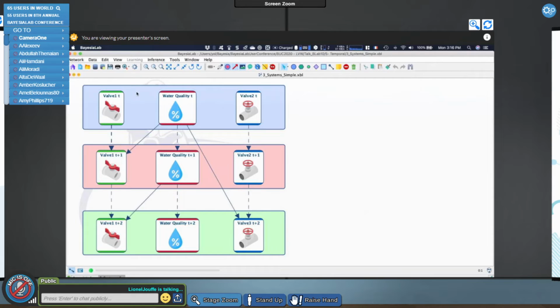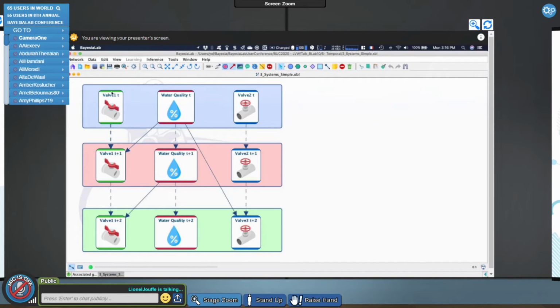In blue, this is time step 0, pinkish here, time step 1, and green, time step 2. This is just a kind of toy problem where I have valves that are evolving. The reliability of the valve is decreasing across time.